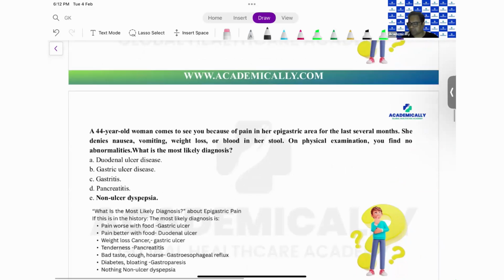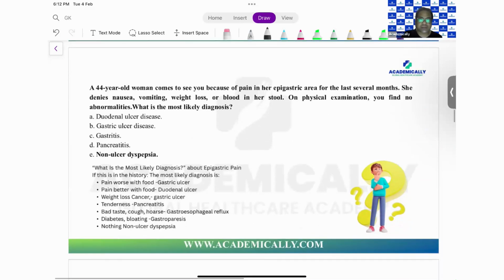That's why non-ulcer dyspepsia. Why is it not gastritis? If you ask me this question or if you put it during your Discord, I will not be able to answer you because this can very well be gastritis. So this is a dicey question, remember. But out of the two, non-ulcer dyspepsia is slightly more benign. So what they want to indicate is which is the more benign problem out of the lot.